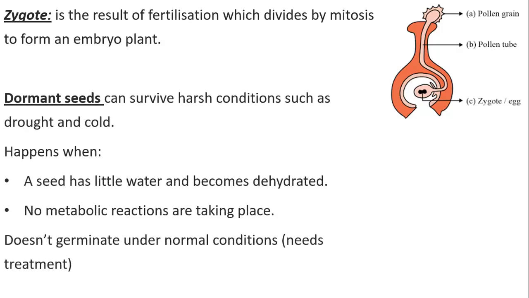seed. What's a dormant seed then? A dormant seed, these are the seeds that can survive harsh conditions, such as what? Such as drought and cold. How does it happen? It happens when the seed has little water, so it becomes dry and dehydrated. It turns into a dormant seed. Or when there are no metabolic reactions taking place inside of the seed. So what will happen? Can you just plant this seed and it will grow normally? Actually, no. This seed is a special type of seed that needs some treatment before you plant it or before